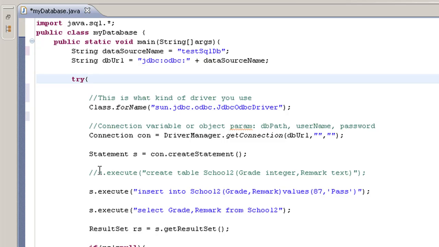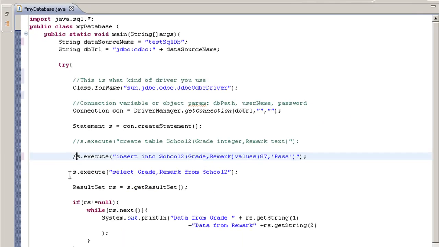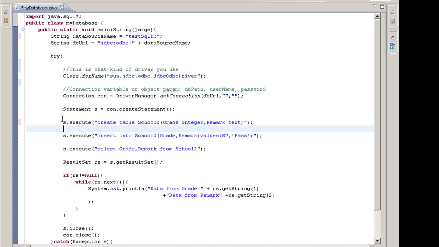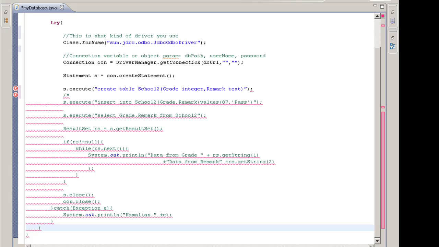So here we will comment this. So first we will create, okay, not that comment. I will prove to you that this is working. I bet you.